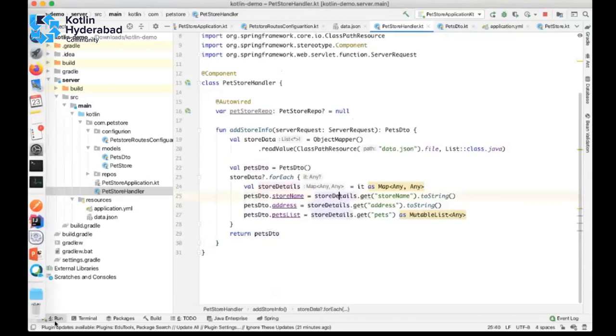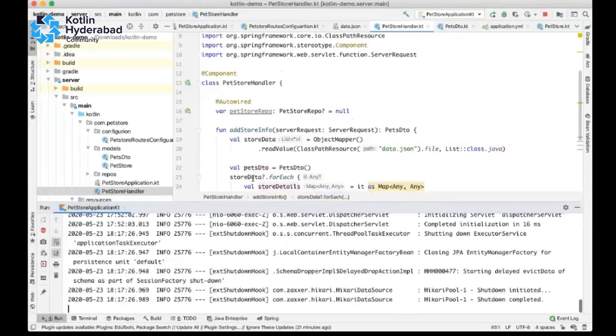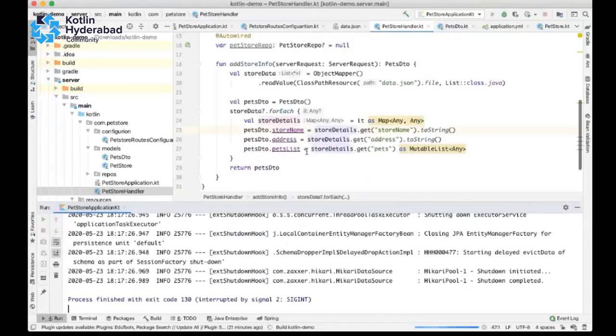Okay, with this we will get all the required data for building the proper UI. Let it build.